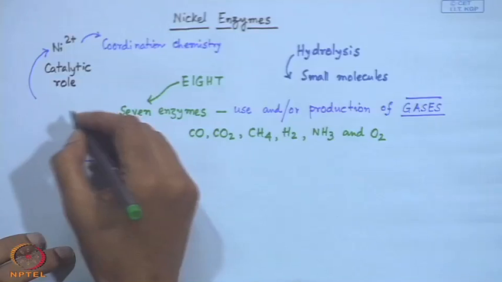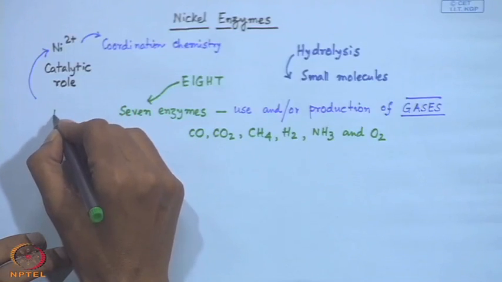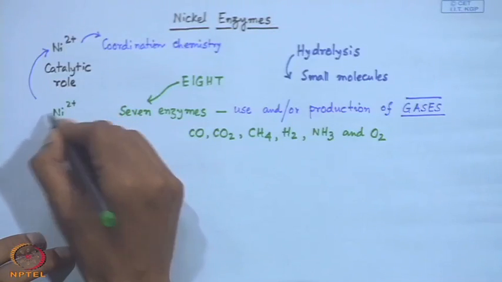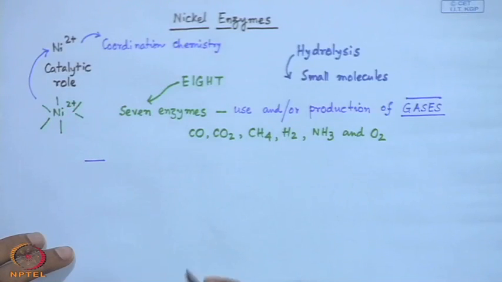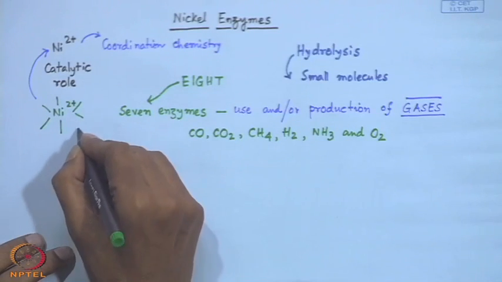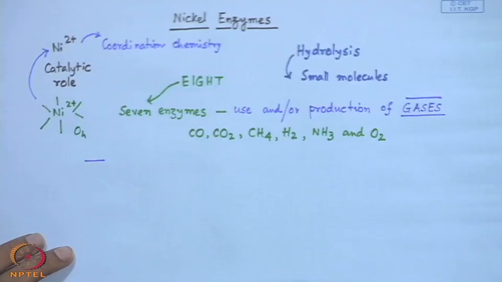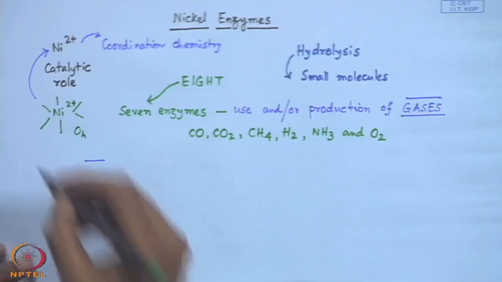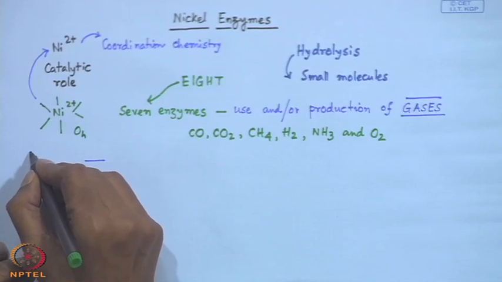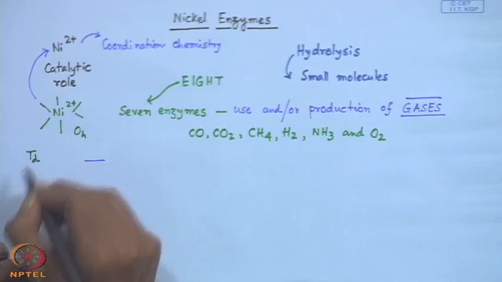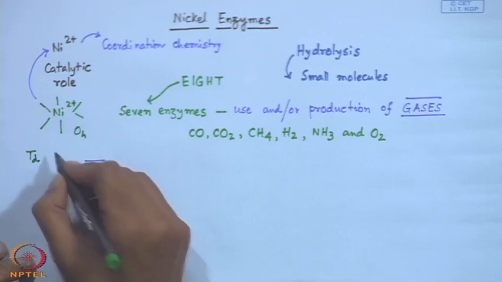When we talk about nickel 2+, the most important coordination site it can give is an octahedral coordination site, and in some cases, under forced conditions, it can also give a tetrahedral geometry